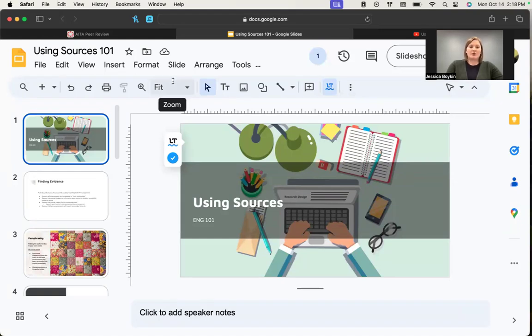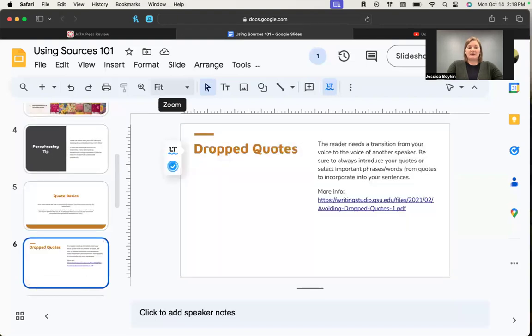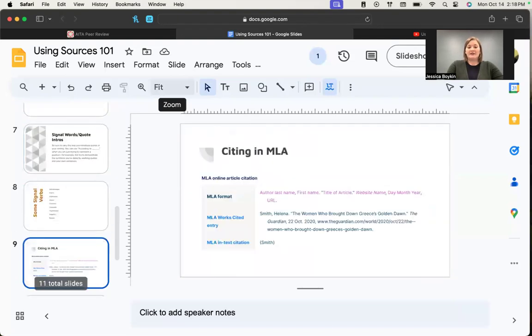Okay. And so the other thing I wanted to do is just show you a little bit of a resource here. I'm not going to go over the whole slideshow. But if you look down at the bottom of this slideshow, there's a couple of examples of how to cite things in MLA. So this is our first paper where we're going to have a lot of citations, right? And so I want to make sure that you have some examples here. So this is going to be something that would be good to copy for whatever source you found off Reddit.